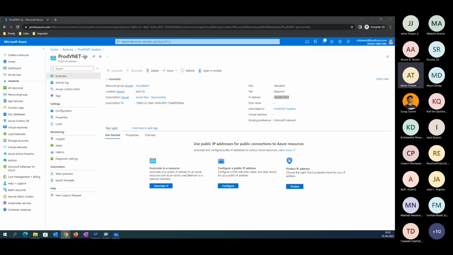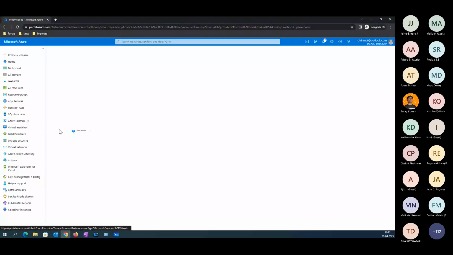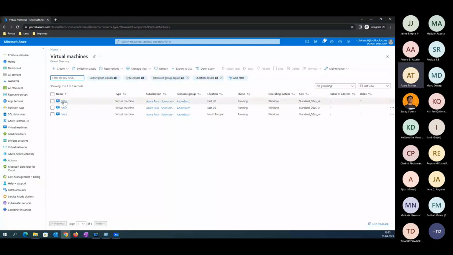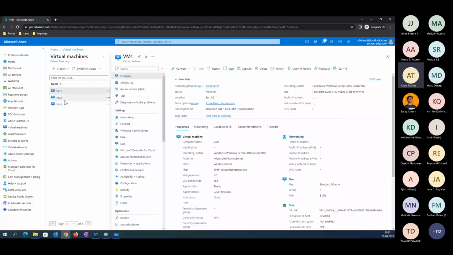Right now, if you go to the portal here and I'm clicking on the virtual machine, previously we were connecting with the help of the RDP option.